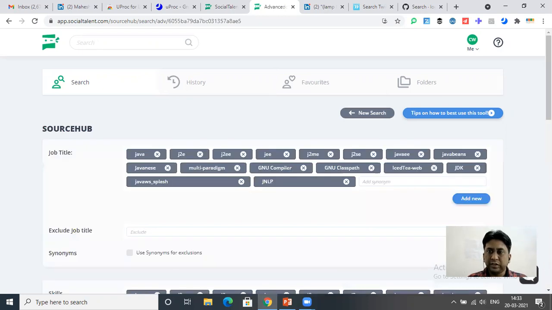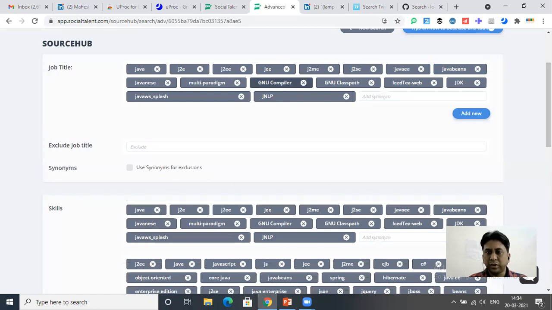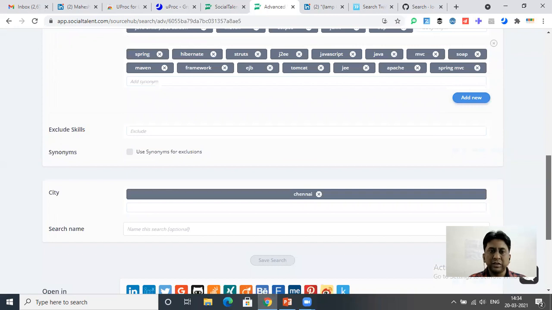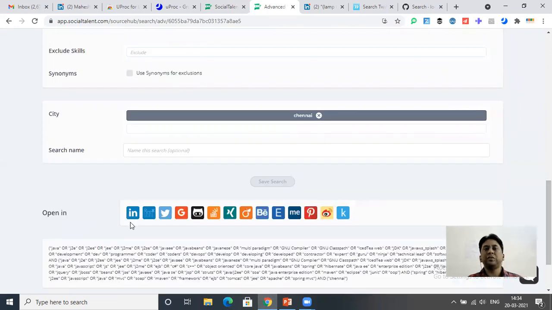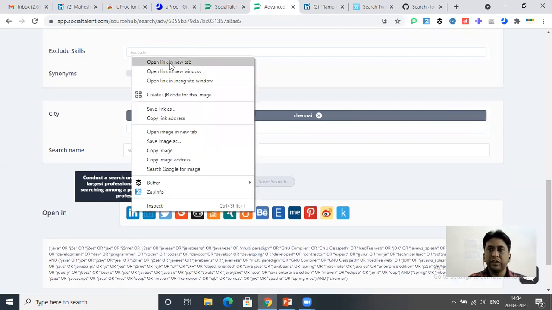So now in this search, again, you eliminate some job titles which are not required, eliminate some skills which they have given, and then you can click on LinkedIn so that it will give you another search. Here, after clicking on it, you will find the different profiles.